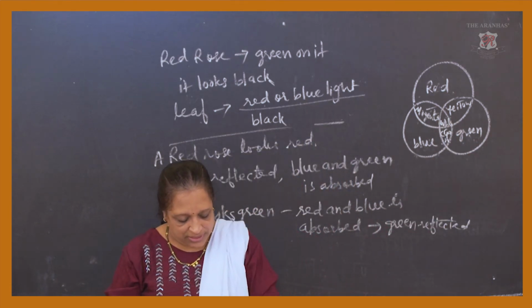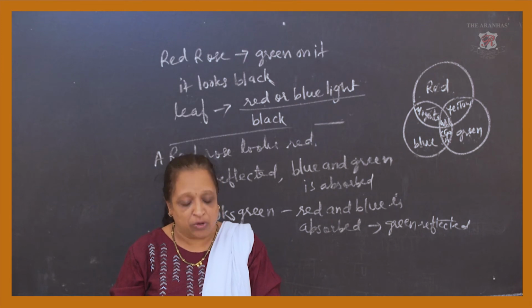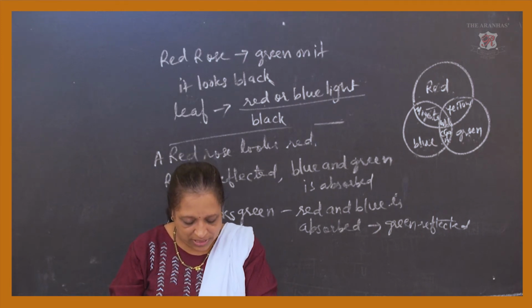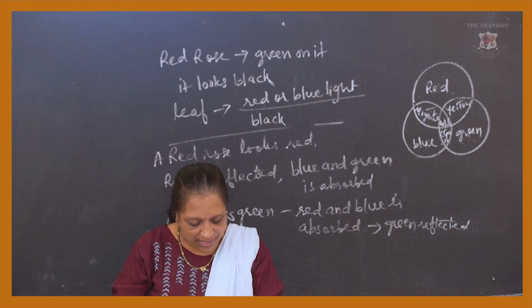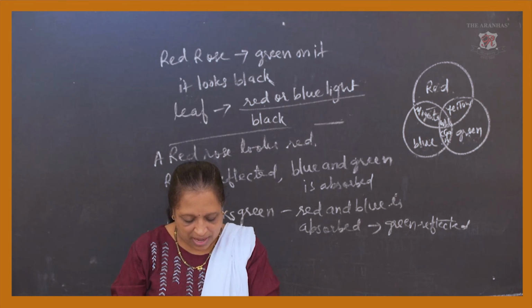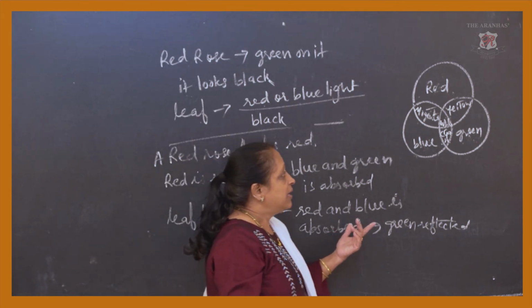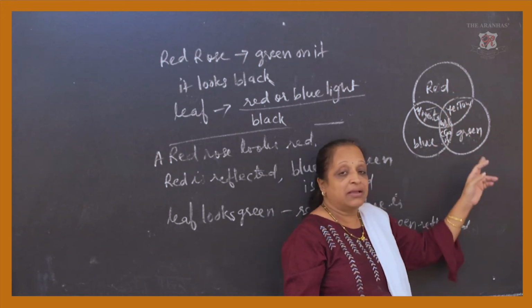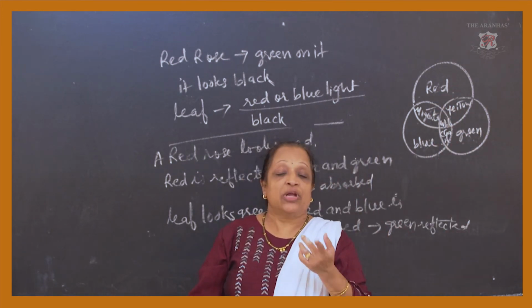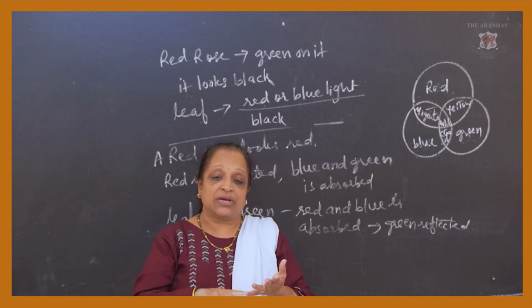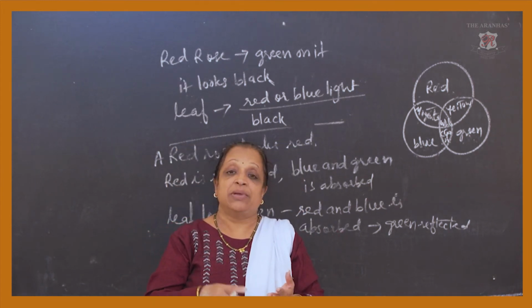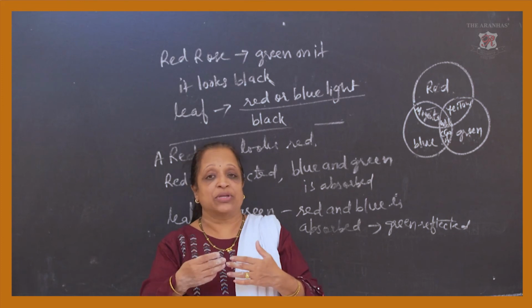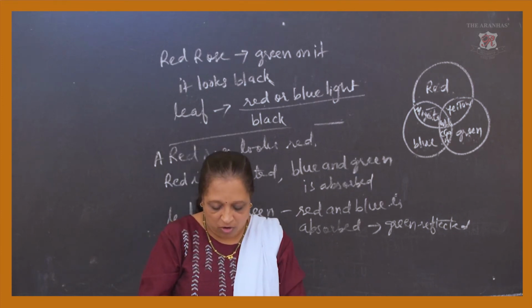In other words, the paper appears yellow. Why? Because when the light reflected by the paper reaches our eyes, we see it as yellow. The reason is simple: it is reflecting yellow color, and red and green are being absorbed by it. So it depends upon which color is absorbed and which color is reflected. Depending upon that, we get the color of the object.